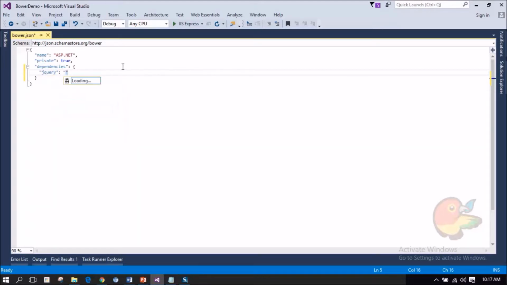I'm selecting jQuery. Now Visual Studio is trying to find the list of versions available for jQuery on the Bower server, and it listed the currently available version, that is 2.2.1. It's the latest stable version of the package.